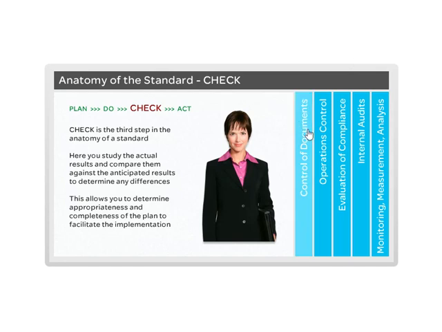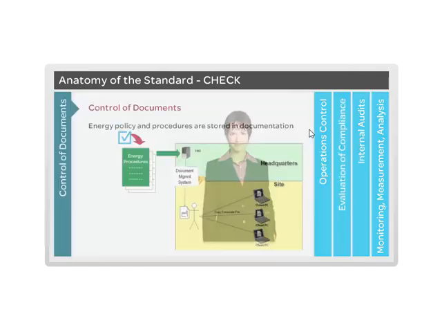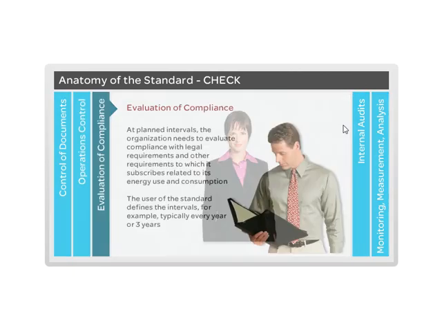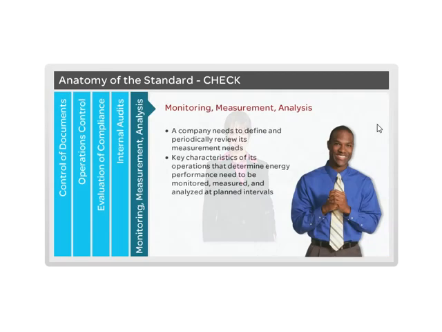Check is the third step in the anatomy of a standard. Here you study the actual results, energy policy, and compare them against the anticipated results to determine any differences. This allows you to determine appropriateness and completeness of the plan and